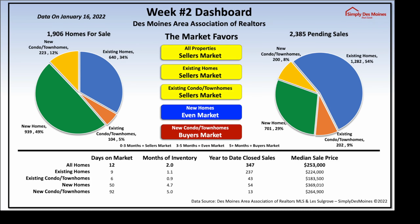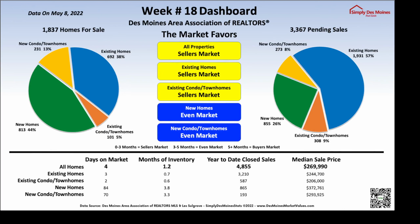Remember, I said before, 49% of the homes on the market back in week 2 were new construction. We're down to 44% now, and we're actually gaining inventory in the existing home sale market, which for this time of year is pretty normal. We're going to start to see more homes come on the market, but with new construction being so dominant as it has been the last couple of years,